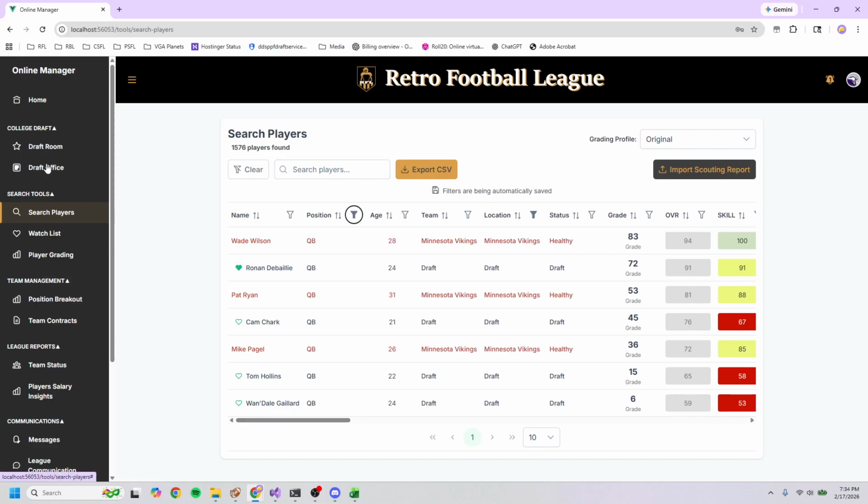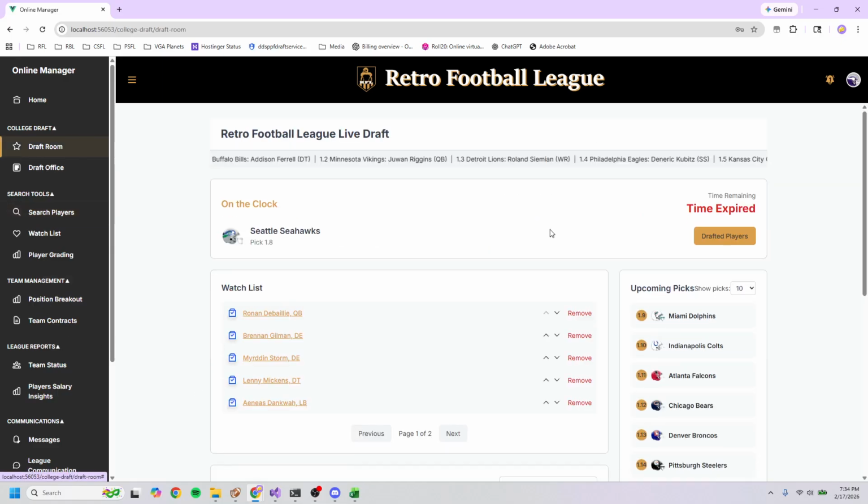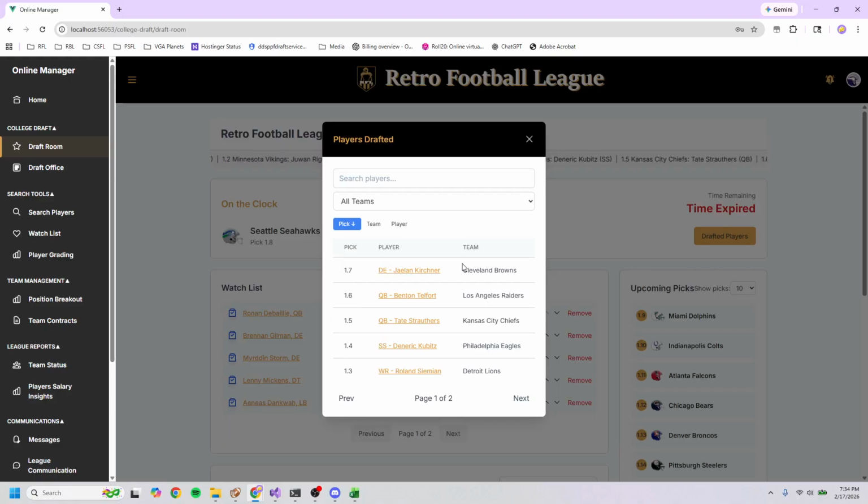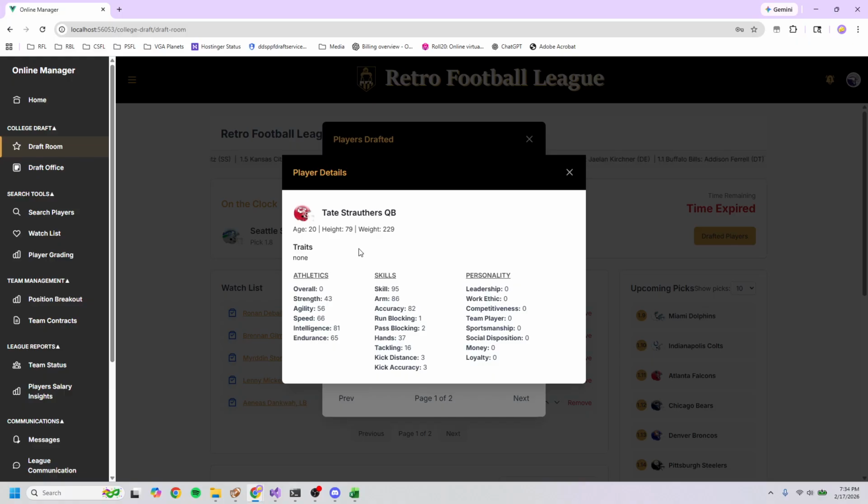So now, when you're ready to go to the draft room, you can see I already have simulated a few picks, but you can see who's on the clock, what pick it is, and who's upcoming next. You can click on drafted players and look back at the drafted players. And when you go into the drafted players and click on them, you will see